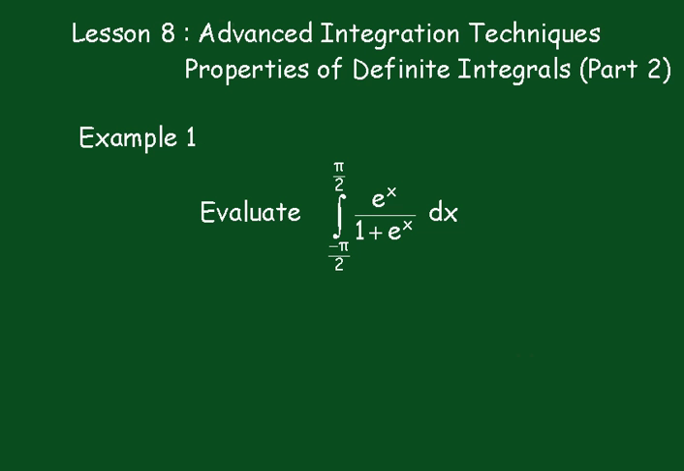Okay, here's the first example. We have to evaluate the integral between pi upon 2 and minus pi upon 2 of e^x dx over 1 plus e^x dx. Now, you could use a log function on this, and if you want to go and do that, you can. It'll work that way. But it's rather nice to see how this little property works. This one. Okay, so we're going to say I